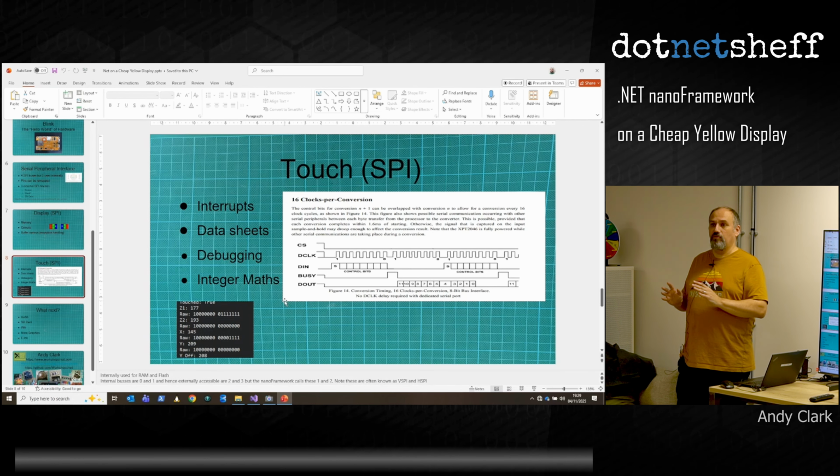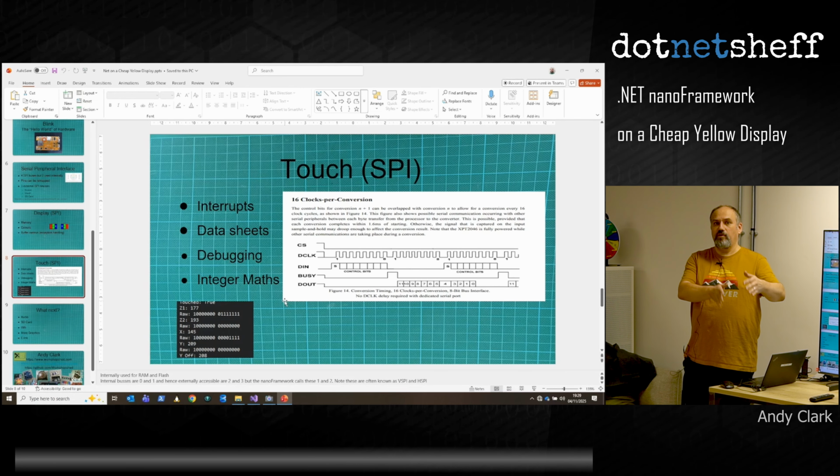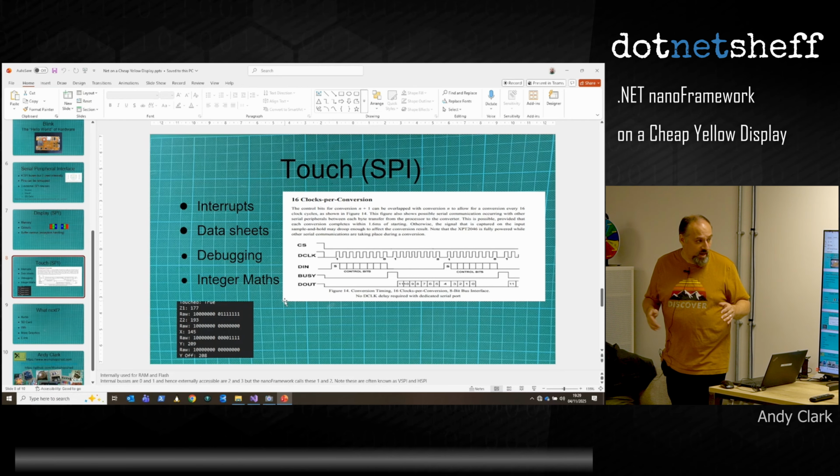In nanoFramework, when you ask it to write to the display, it will enable it, send a bunch of data, and then disable it. The problem with the library that I ported was it was getting things in chunks. So what I had to do was basically overlap all the